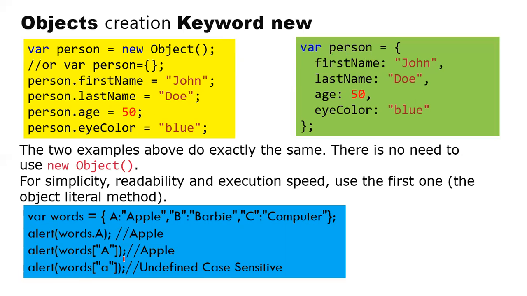Or I can also, now a question comes. I have defined the name of my property as a capital letter, but I'm trying to access the property name with the small letter. Remember, we know that JavaScript is case sensitive. So what happens automatically if I try to access the property name with a small letter like this? It's going to give me the value undefined, right? So the property is going to be undefined for me.